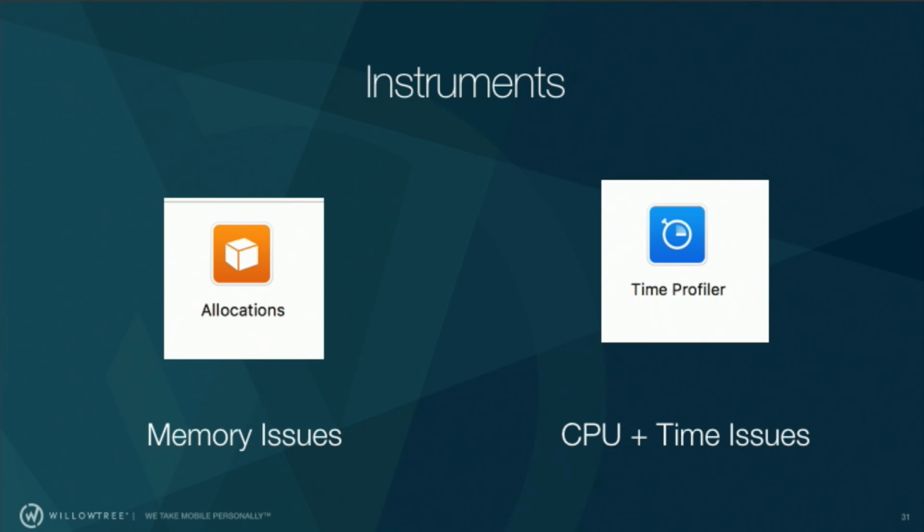So if you are shipping to the App Store, I think what you should do is run your app and go through a less than happy path with it. Put in as much data as you can, do the craziest thing you can with the views, and look at those panels and see how they react. Is your memory going crazy, or is your CPU usage going crazy? And if it is, you should use one of these instruments.